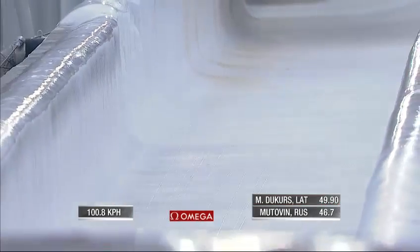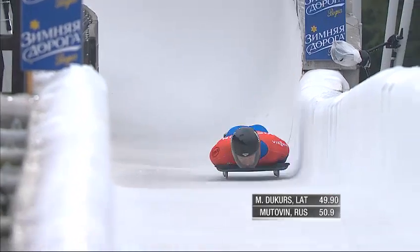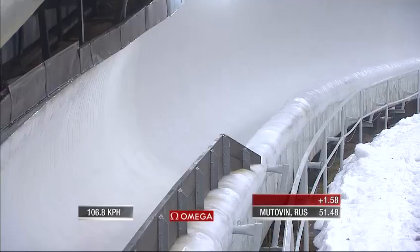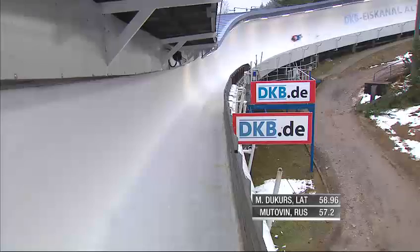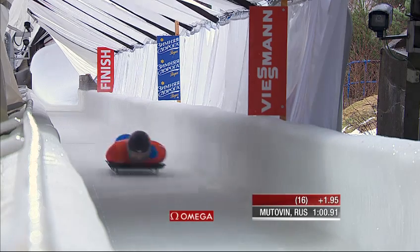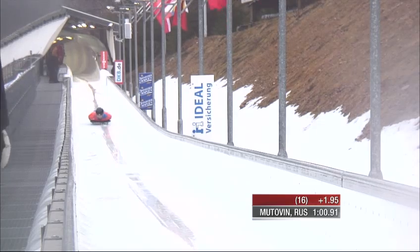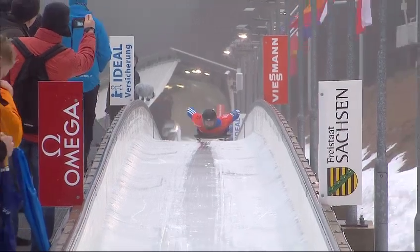We had hard ice. The rain wasn't here. It was nice and cold outside. And then to come here expecting it to be the same, you're driving really hard because the ice was harder. Now it's soft. You don't want to be driving as much, and so your steers are going to be off, your timing's going to be off. It's a sport of timing and rhythm, and that really throws it off when the weather conditions aren't cooperating. That is a 60.91 slide, leaves him in 16th position,